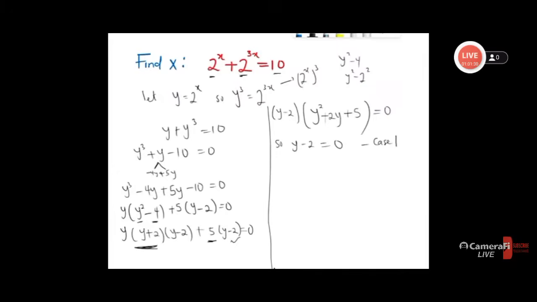So if y minus 2 equals 0, let me solve case 1. We have that y equals 2. And recall that from here, our y equals 2 raised to power x. That is 2 raised to power 1, which is the same value as y, equals 2 raised to power x. So therefore, with my case 1, my x equals 1. That's for case 1. So also for case 2,